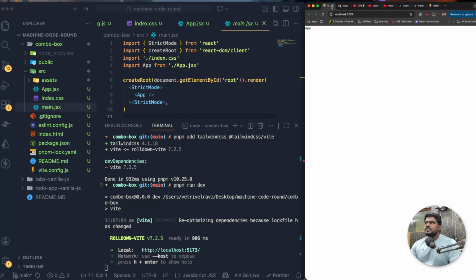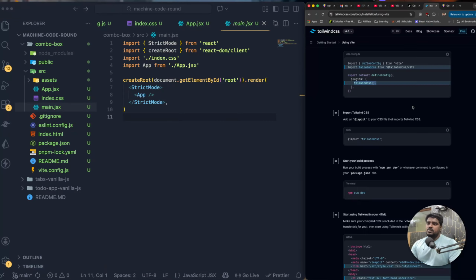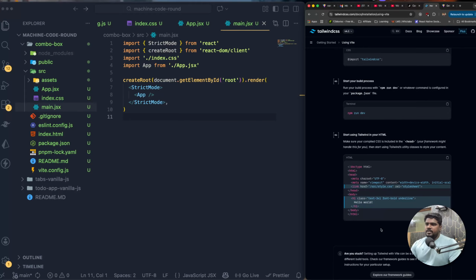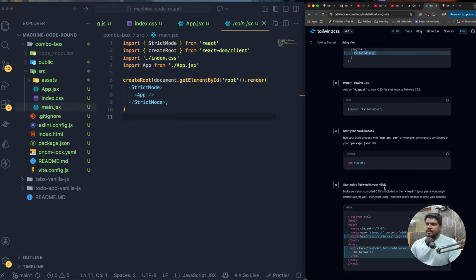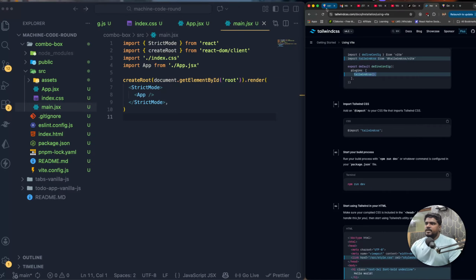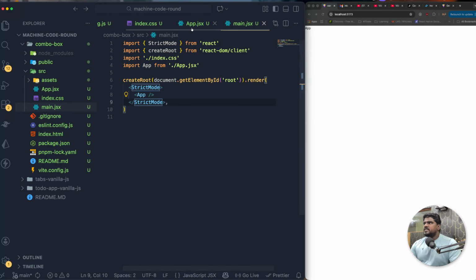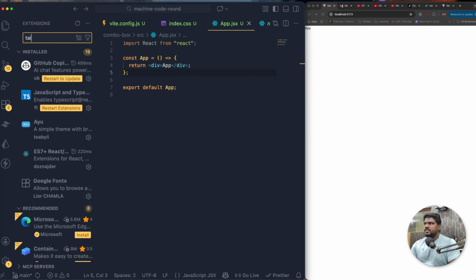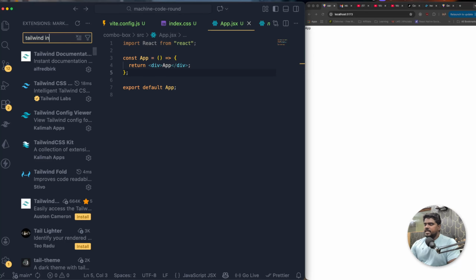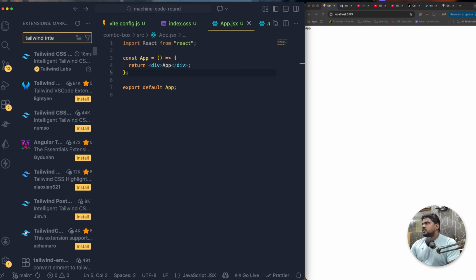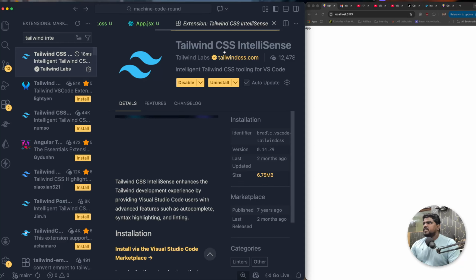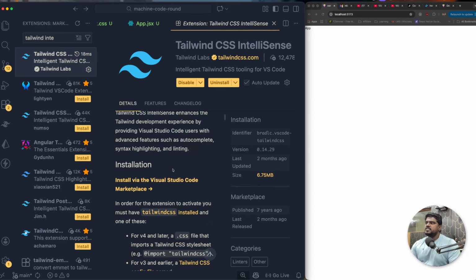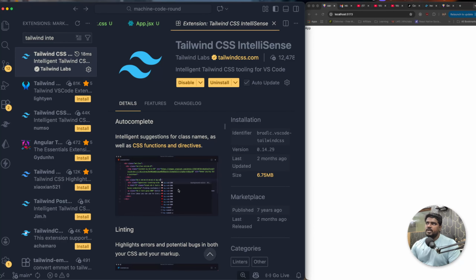Let me delete this. Okay, so now I need to make sure that Tailwind CSS is installed properly. So we imported everything, which is perfectly fine. Everything needs to run perfectly. Let's check it out. Now inside the app.jsx, before running Tailwind CSS, you have to install this Tailwind CSS IntelliSense extension that gives you suggestions when you're writing the